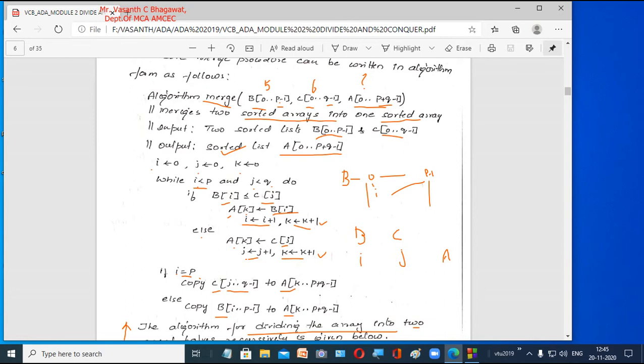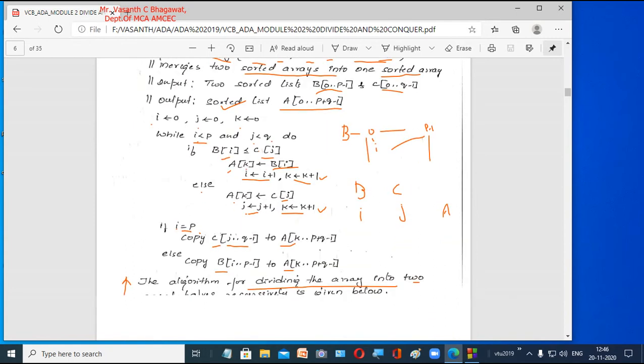If it is less, we copy that element temporarily into some array and increment the pointer of the element copied. That is, if you are copying from I, then I is incremented, and K is incremented in both cases. Else, we copy from the right part of our array, that is J, and J is incremented. This is how the algorithm is defined. Once we have done all the parts, there will be some elements left in either the left part or the right part of our array. Then we copy all those elements as they are into our temporary array. So this is the concept, or the algorithm, of merge sort.